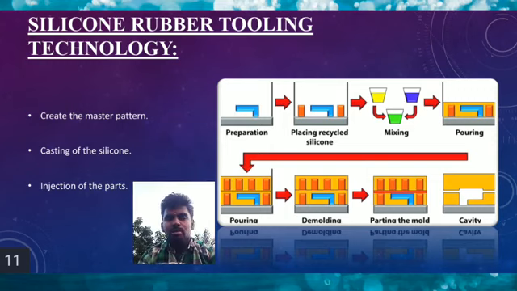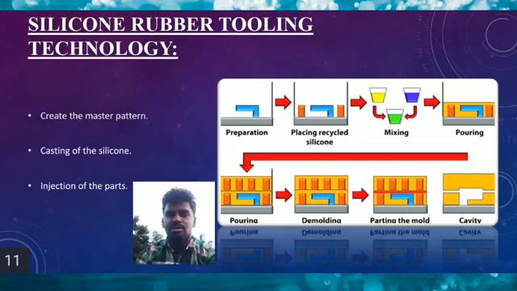Injection of pots. Products injected in the silicon rubber mold must have a melting temperature lower than the high service temperature of silicon. The higher the temperature of the pot material, the lower the mold lifetime. Thermoplastics, thermosets, low temperature metals and silicon rubber are processed in this kind of mold. Due to low stability properties in comparison with standard steel used in the manufacturing of molds, some studies employed silicon rubber reinforced with fiberglass to improve the stability properties, which increases the number of pots that can be produced and the lifetime of the mold.